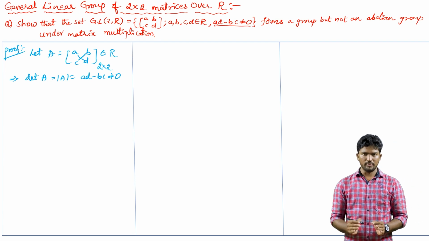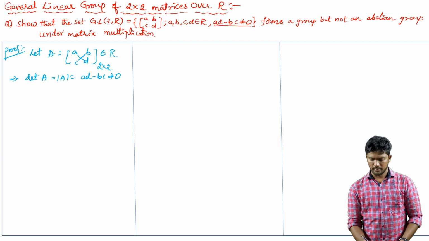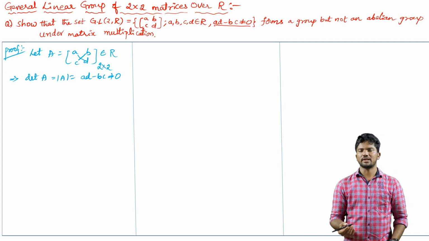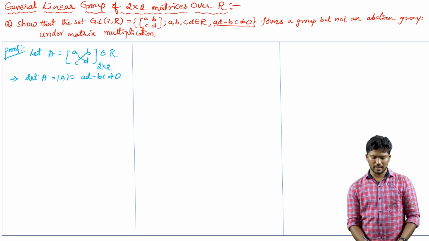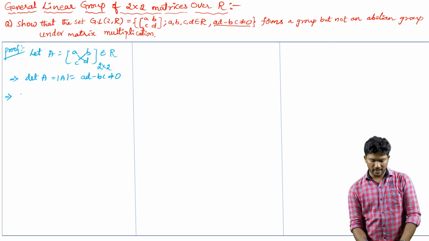Now in this theorem, we are going to show that it is a group but not an abelian group under matrix multiplication. Okay, so let's start the proof. Given that